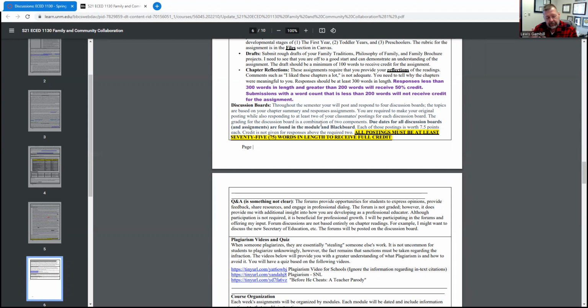And then you have two postings where you respond to your classmates. I just have a requirement of 2. If you want more, that's fine. You won't get extra points for going over 2, but you'll have 2, and they're worth 7.5 points each. And it's important that, you see down here, that they need to be at least 75 words in length to